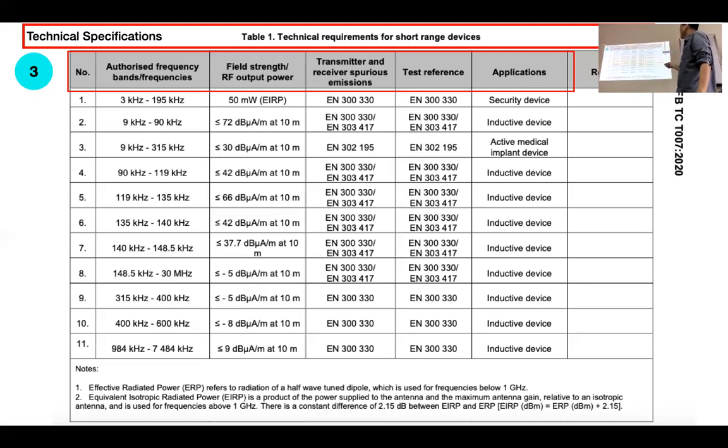Right, so you look at this, what is the spurious emission? It will be based on this one. Most of the time will be 330 here. Okay, 330. Betul tak? Okay, and this will be the application because different device type will follow different, but of course there's also a specific schedule because to define other than the short range device, radio communication is ISM, then they talk about what is the scope for ISM. So the details get more for the ISM atau medical implant.